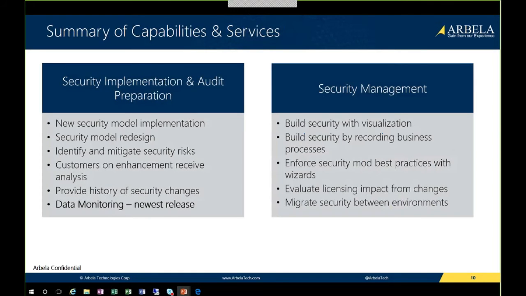So our first two list of capabilities. First, we have our security implementation and audit prep services that I've just mentioned, right? So essentially what we do, and I'll mention a little bit more about this when we go into segregation of duties, is we perform an analysis on your current security model. We take a snapshot of your current state, and we identify what the risks are, according to your internal controls that you may have already developed, and also your audit requirements identified from your partner firms and your audit firms.